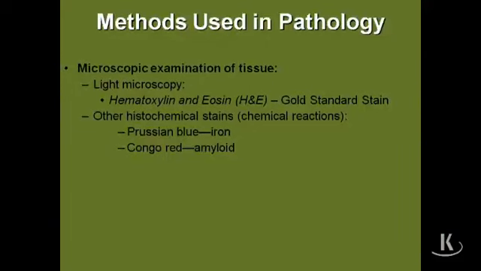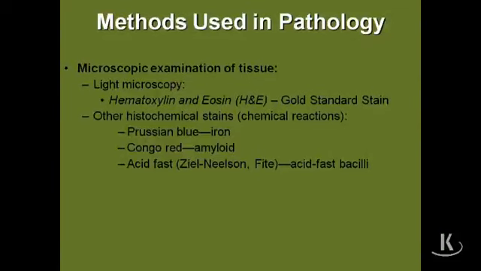So Prussian blue, obviously it's going to be a blue color when it binds to iron. Congo red, obviously we think of amyloid. And what's the definition of amyloidosis? It's a condition of abnormal deposition of extracellular protein leading to organ dysfunction. And this is important to realize. And Congo red is pathognomonic, which means what? It means it only stains those that have beta-pleated sheets,